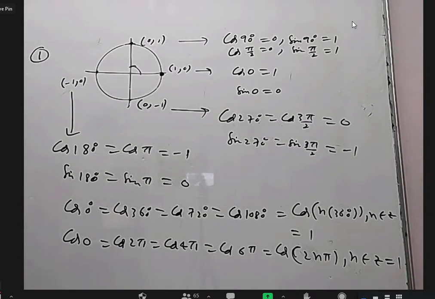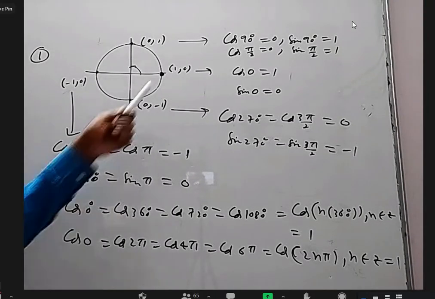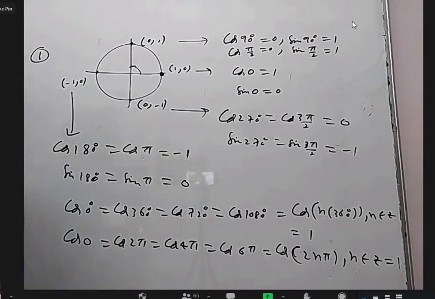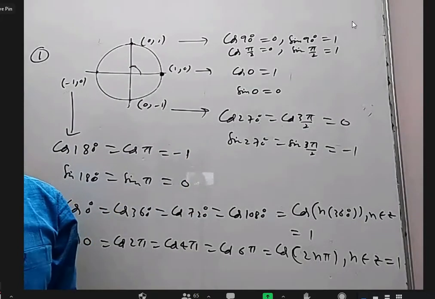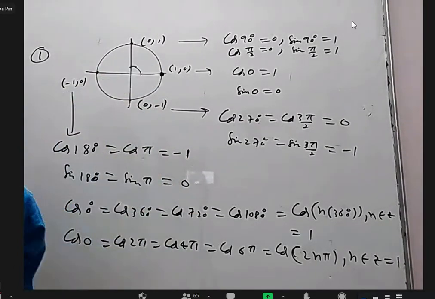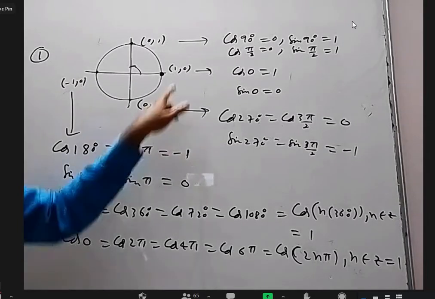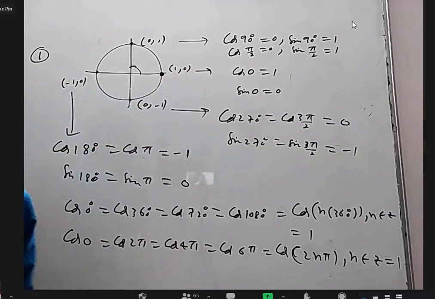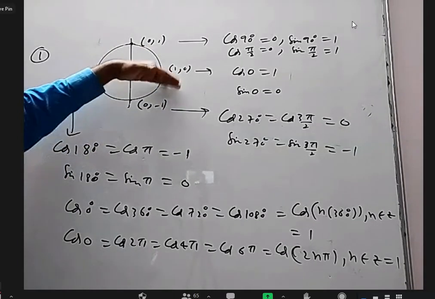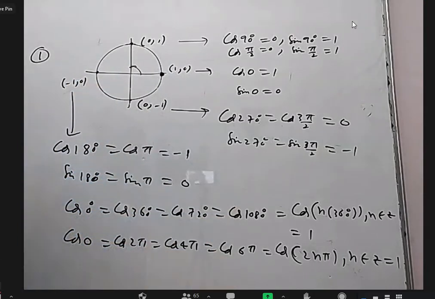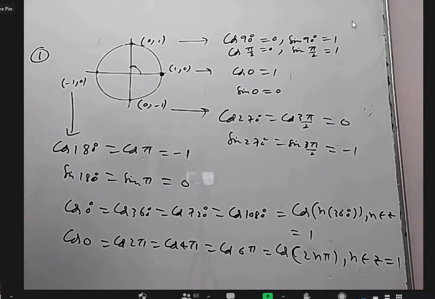Sir, how did you write cos 0 and sin 0? Can you explain it once again? Basically, what is our definition of sin and cos? You take the initial ray, whatever angle you want to turn it, x coordinate is called cos theta, y coordinate is called sin theta. If you don't turn at all, means you turn 0 degrees, so this x coordinate is cos 0, this y coordinate is sin 0. If you turn 90, this is cos 90, this is sin 90. You turn 180, cos 180, sin 180. You turn 270, cos 270, sin 270. Sir, sin 720 is 0? Sin 720 is 0. Yes, you are right.